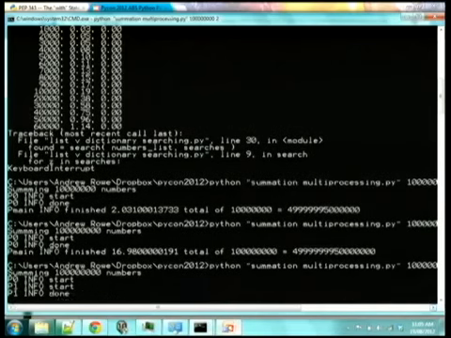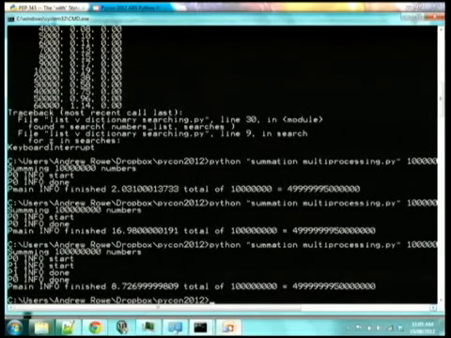Come on, go, go. There you go, see? If you can run your program on more than one process, you could potentially halve the number of times it takes. So what this does is, if you want to have a look at the code,